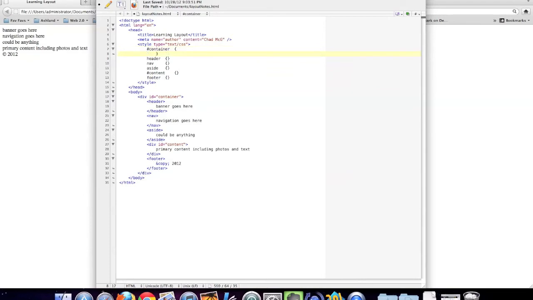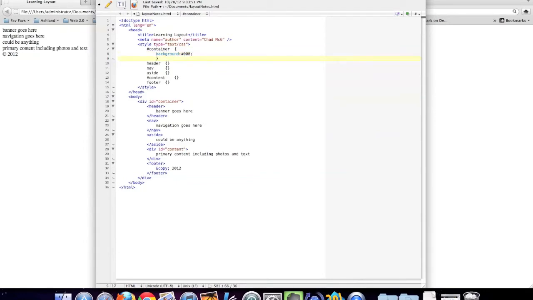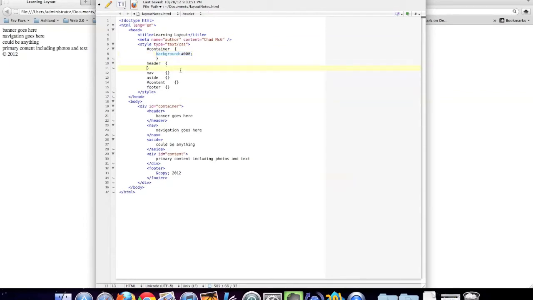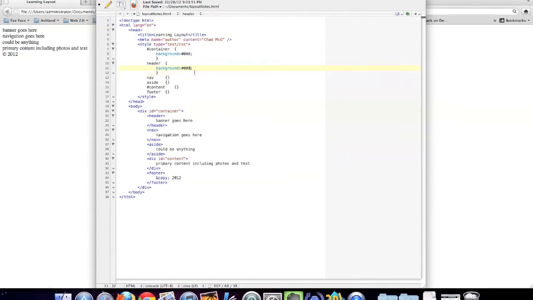Now I'm going to start adding style to each of these sections. In this case, I'm just going to add a background color to each one. While it won't show up yet, it'll give us an opportunity to have something that's already in place as we start checking what our design looks like in the browser and what we have added in the CSS and HTML. So I'm going to add a black background to the container,